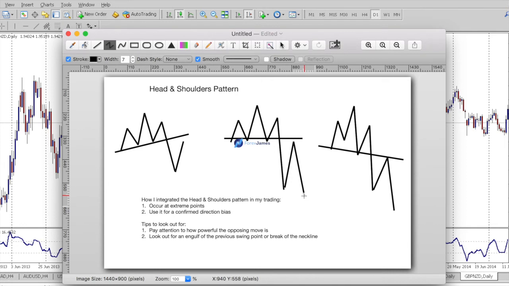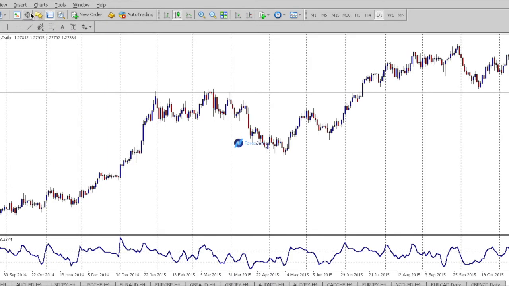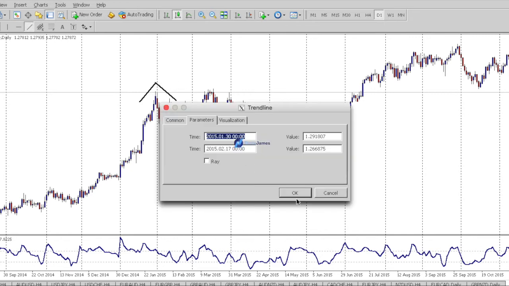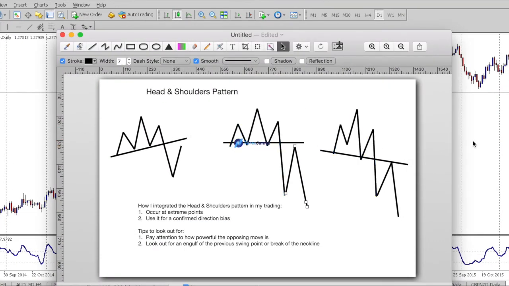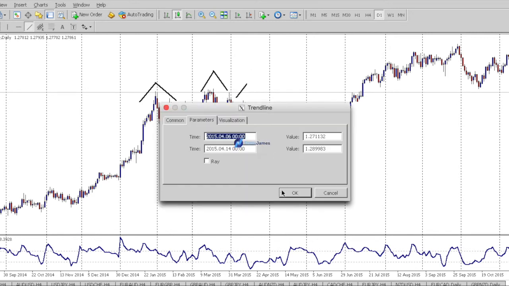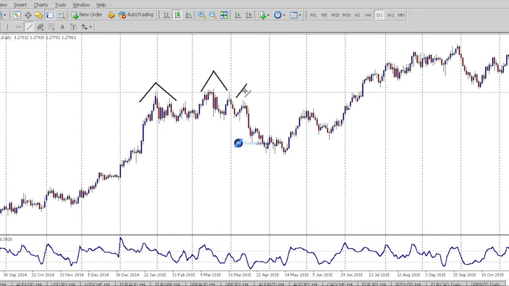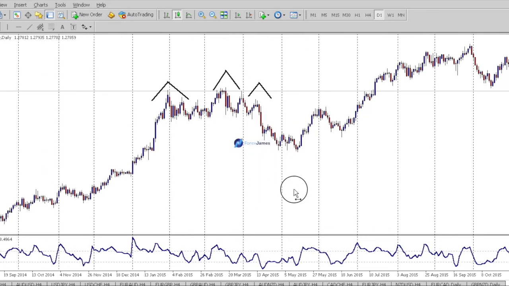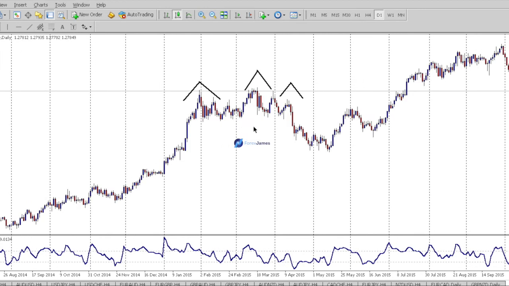Let's analyze another head and shoulders pattern, okay? Here's another pattern which I consider to be head and shoulders. It's quite different from the three patterns I've drawn over here, okay? Left shoulder, this is the head. And you could either call this the right shoulder or this the right shoulder, okay? Right? See how many variables there are? But they essentially mean the same thing. You have to kind of figure out,